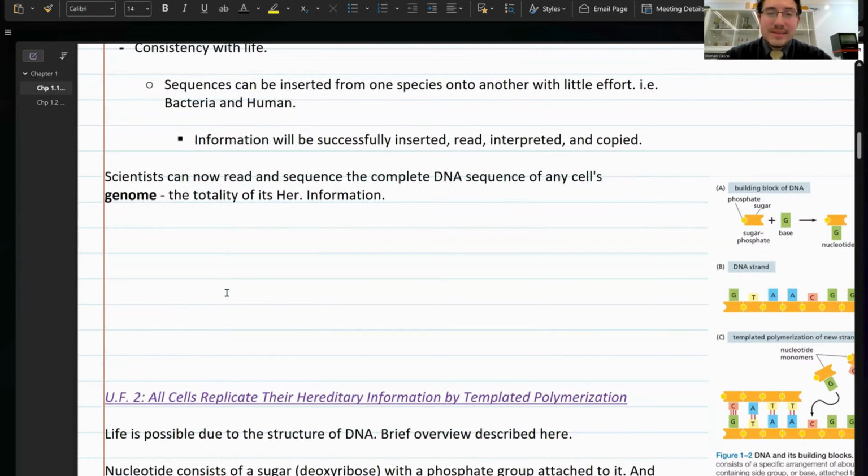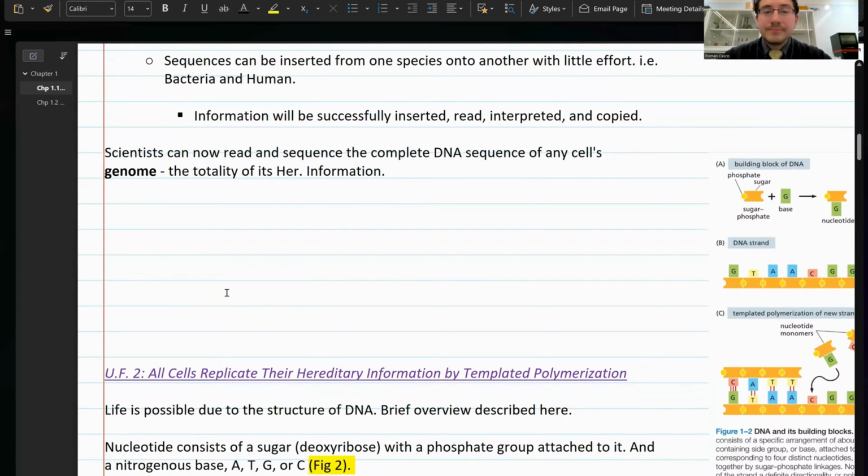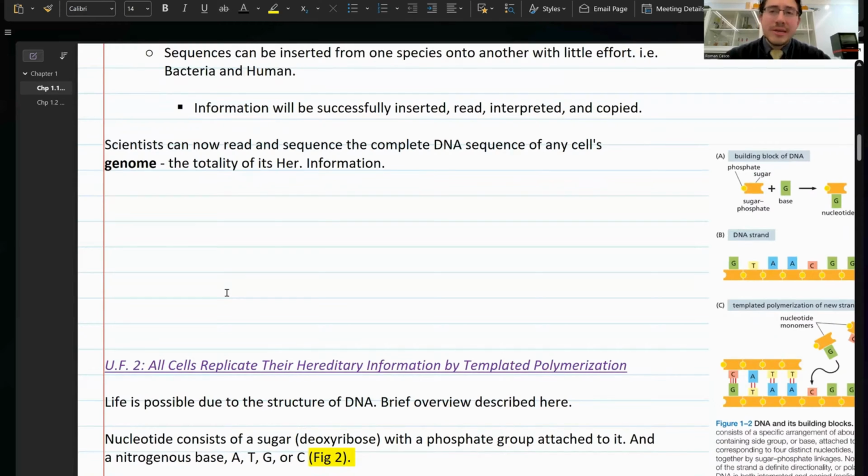So that in itself is quite astonishing, right? Of course, by understanding that throughout the history of scientific discoveries, scientists can now read and sequence the complete DNA sequence of many species, basically sequencing the genome of many species. But what's even more so, recently single cell sequencing has created even more powerful tools to understand and analyze